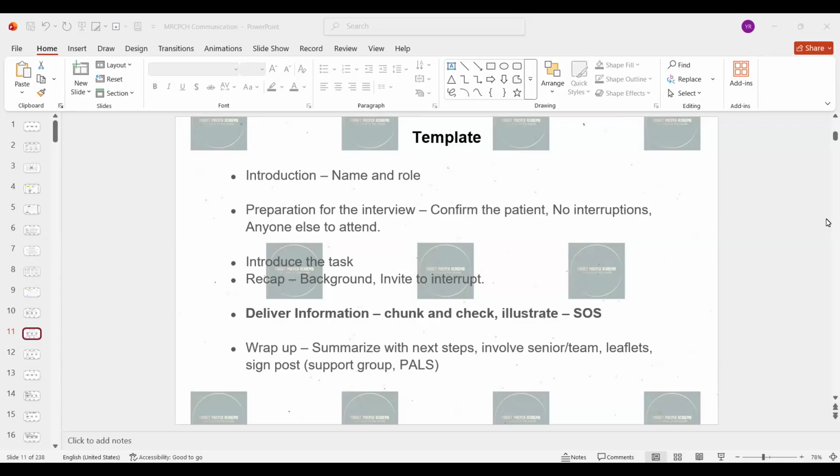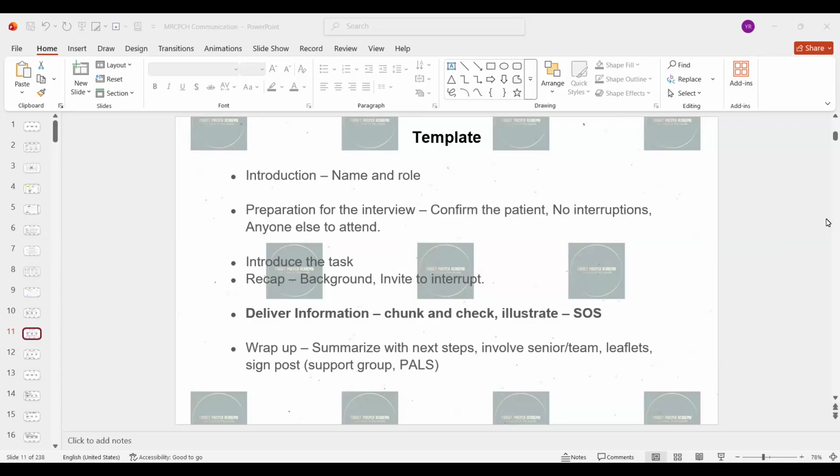As our template goes, you go inside and introduce yourself with your name and your designation or role. You say you're a registrar in pediatrics or whatever, and then you prepare for the interview, where you make sure you're talking to the right person. You confirm the patient, ensure there are no interruptions, and ask if they want anybody else to attend with them.